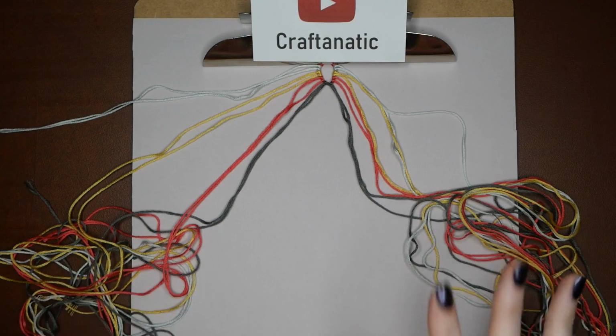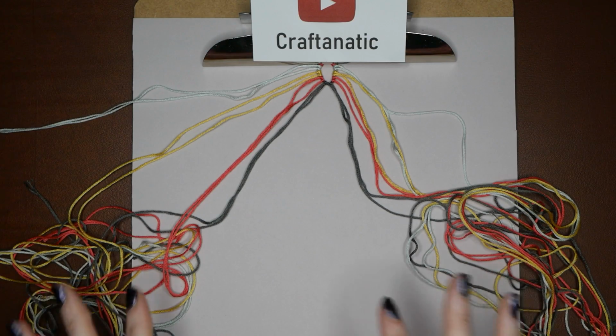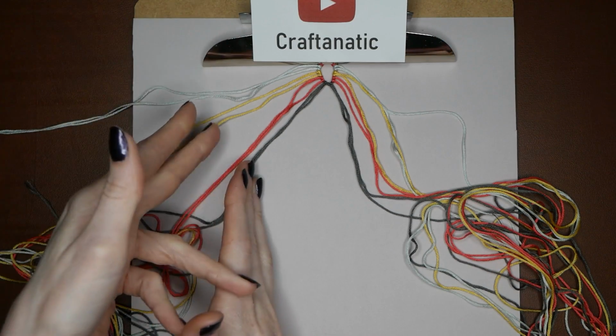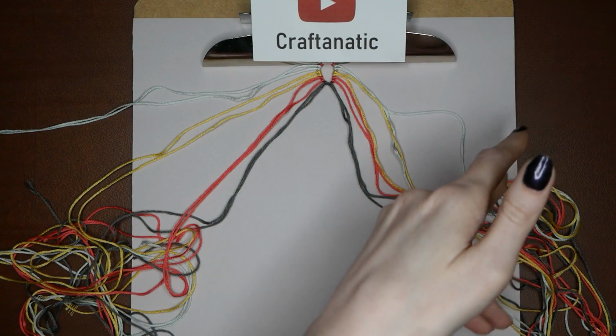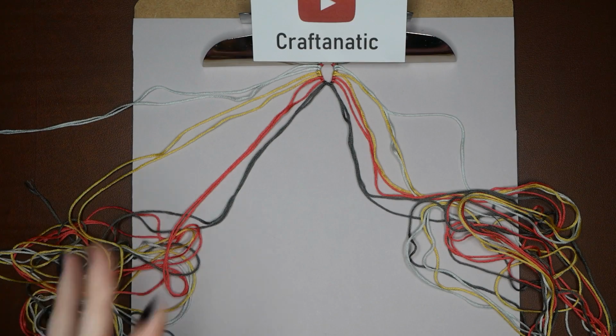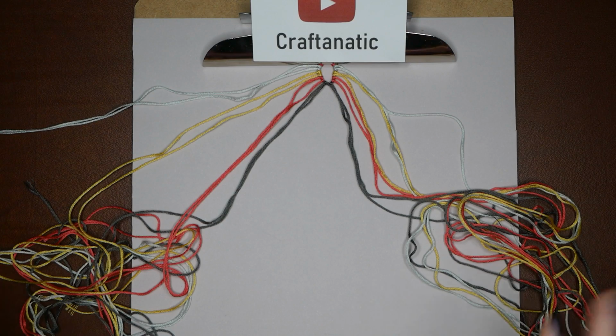So because we mirror things on both sides, it really doesn't matter which side you start on. Just know that on the left side we do forward knots and forward backward knots, and on the right side we do backward knots and backward forward knots. So yes, this bracelet does use all of the 4 knots, and I will show you them